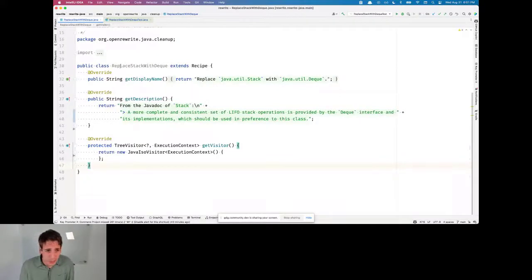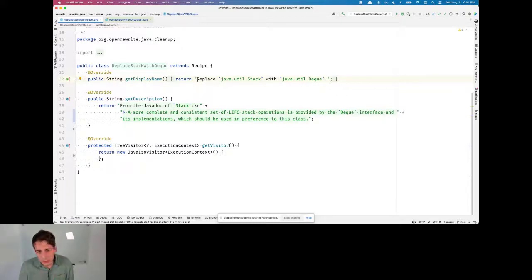So here we've just got a class which extends recipe, and it's got a display name and a description of what it does. These both wind up getting rendered. It's actually markdown. So in many different places where rewrite recipes will run, whether in build tooling or in the Moderne platform, that gets rendered as markdown to make it really easily readable to folks that might want to consume that recipe.